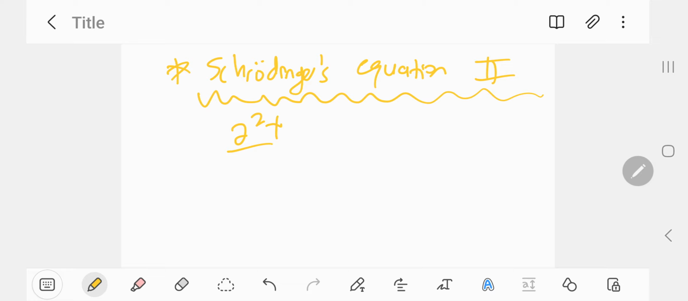This is lesson 47 of the Quantum Mechanics mini lecture series, Schrodinger's equation part 2. So I was deriving the Schrodinger equation from the previous video. We got something like this,